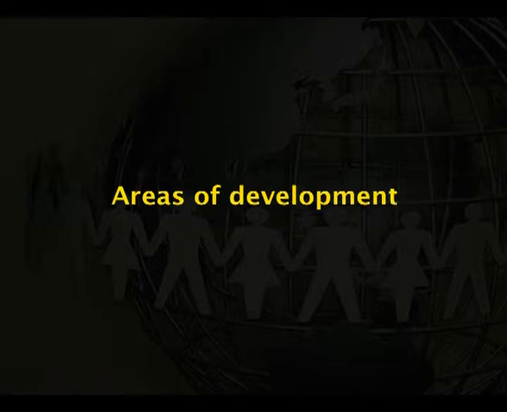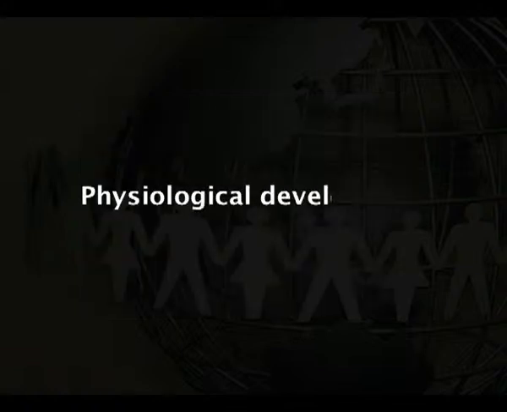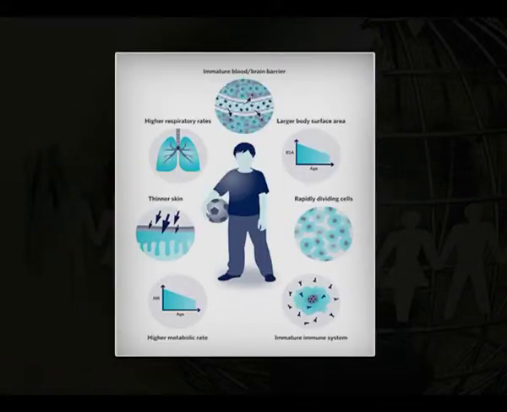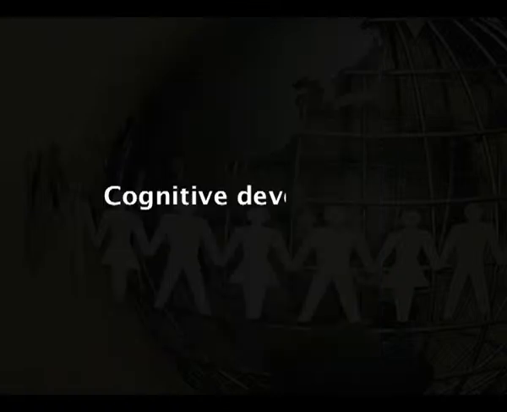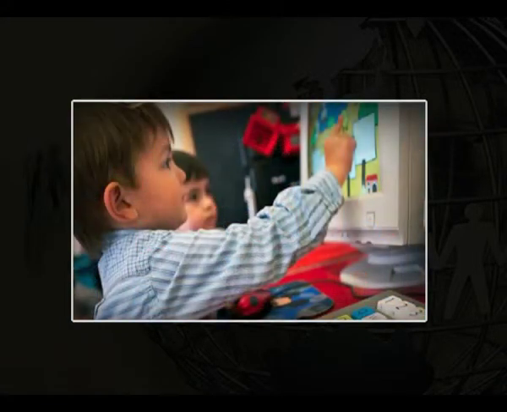After knowing the objectives of child development, let us see what are the areas of development we are going to deal with. Physical development. Physical development, as everyone knows, is about the height, weight and body proportions. Physiological development, that is the internal body parts and their functions. Cognitive development, the development of cognitions like thinking or reasoning, problem solving, etc. will be dealt with in this.